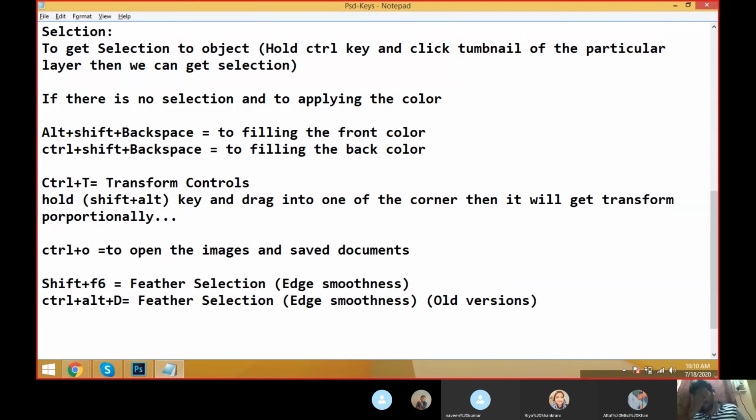Old versions means CS, CS1, CS2, CS3, CS4, like that. But when CS5 and CS6 came, it automatically changed to Shift F6. Like that, the options will be there. Feather selection is nothing but edge smoothness.